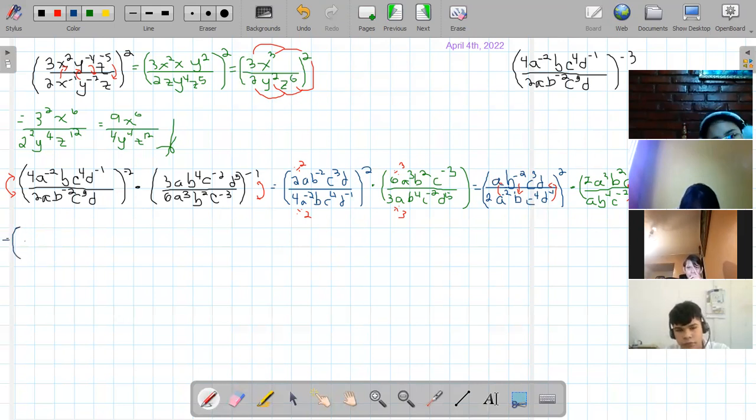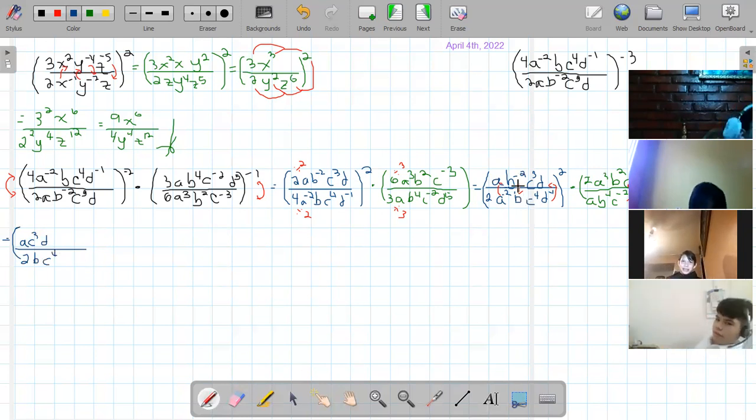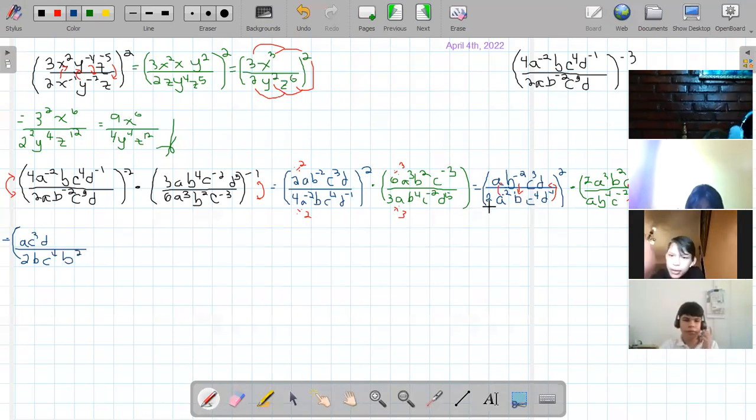And we're going to say to copy the variables that are already positive, so a, c cubed, and d, those are already positives. From the denominator, I have the 2, the b, the c to the 4th power that are already positive. Now we're going to change, okay? This b squared comes to the denominator positive, so b squared. And this a goes to the numerator, so a squared. And the d, only d. Everything to the square. Now I'm going to get rid of the parentheses on the next step, not this one,